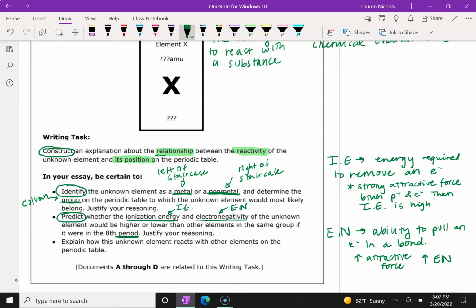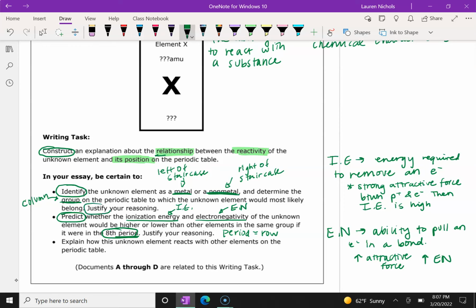Okay, so it follows the same pattern as the ionization energy. And then remember, a period, that's a row on the periodic table. So if it were in the 8th period, there are only 7 periods right now on the periodic table. So if the 8th one is a made up row, it's a hypothetical. Okay, and now